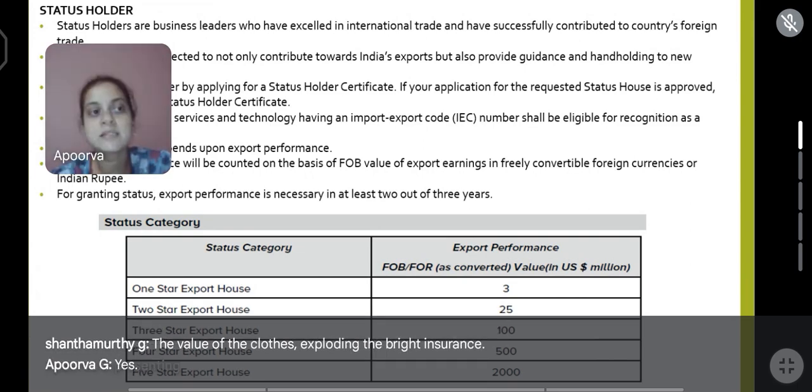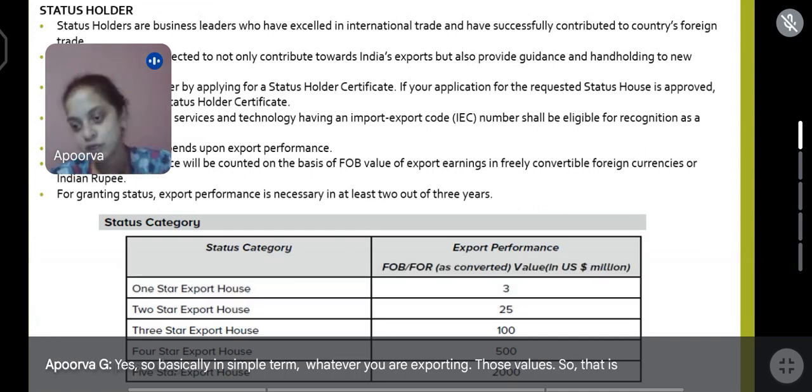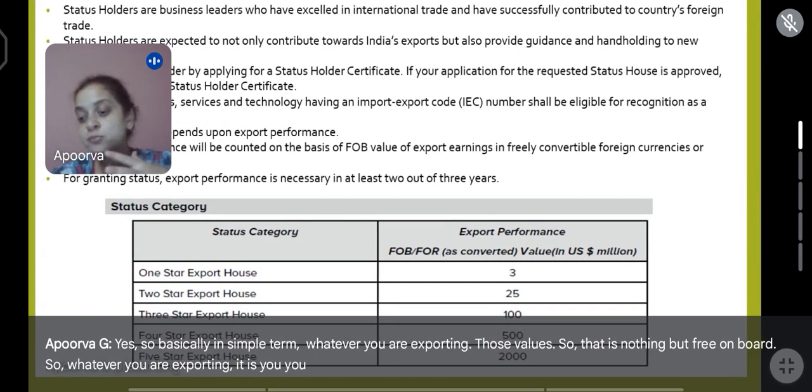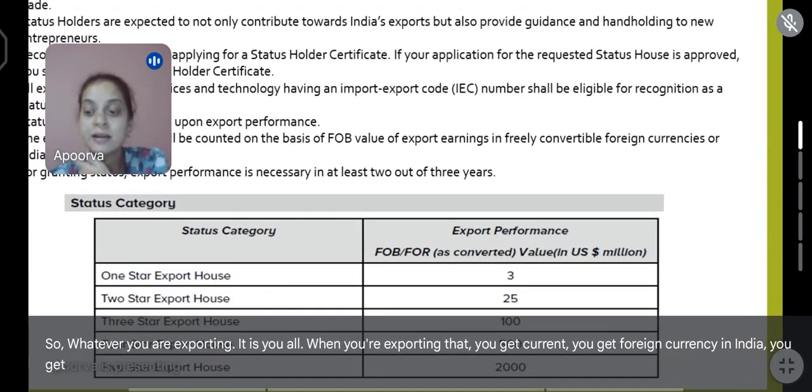Yes. So basically, in simple terms, whatever you are exporting, those values. So that is nothing but free on board. So whatever you are exporting, when you're exporting that you get foreign currency, in India, you get that converted to Indian